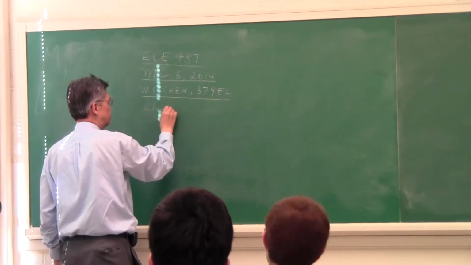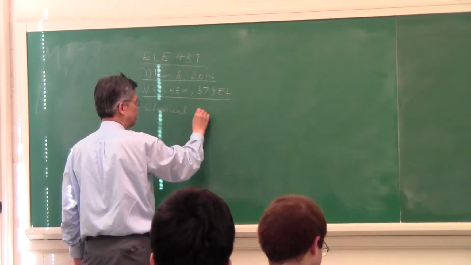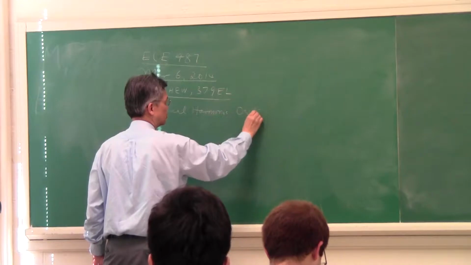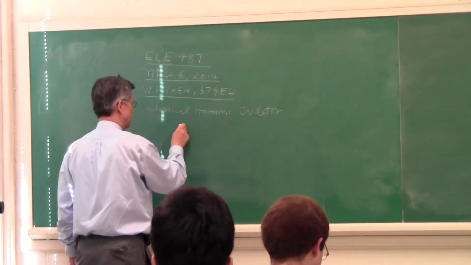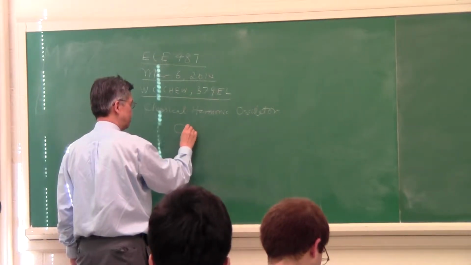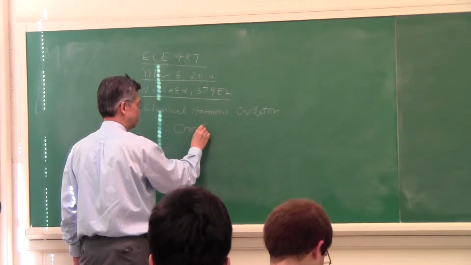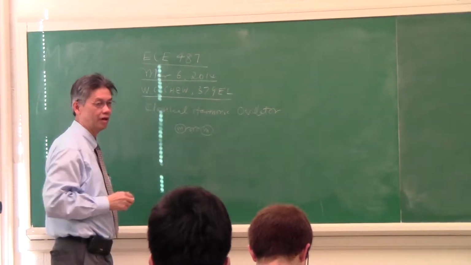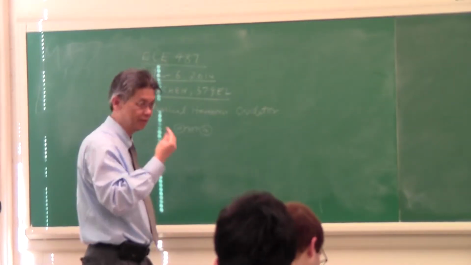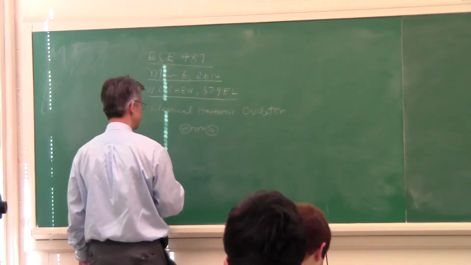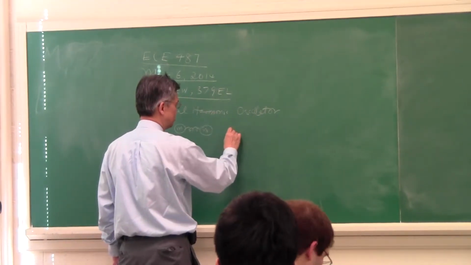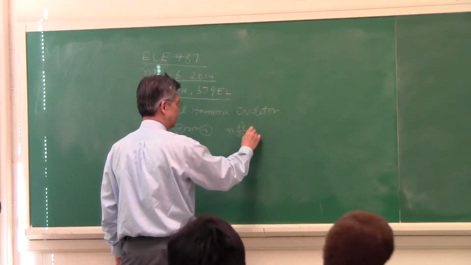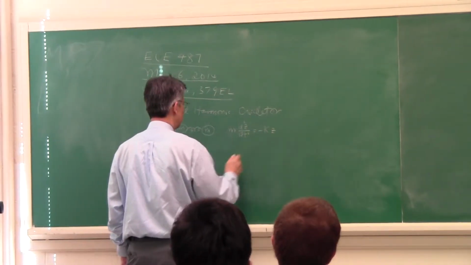So we talk about a classical harmonic oscillator. In that case, we can just assume that we have two masses attached by a spring. And then this thing will oscillate classically like a pendulum. Okay, a pendulum is a classical harmonic oscillator. And the equation of motion for this thing can be described by acceleration is equal to,